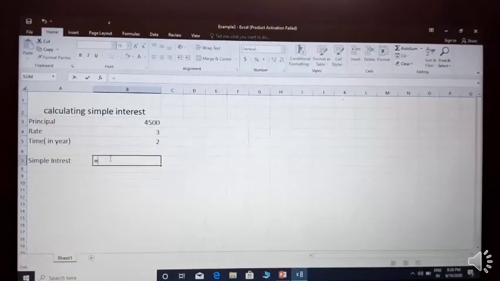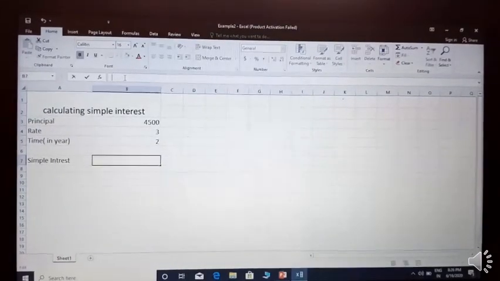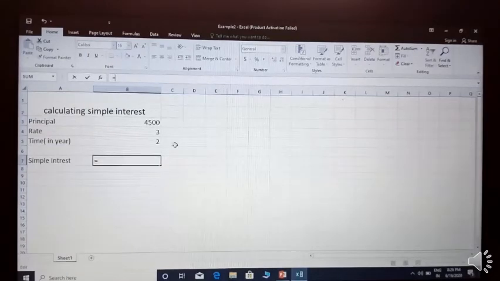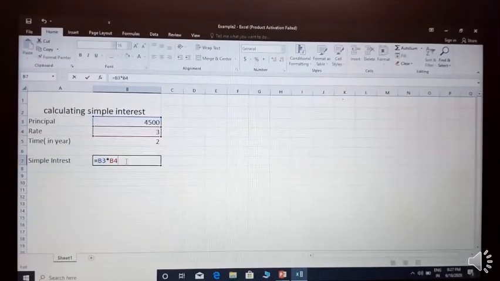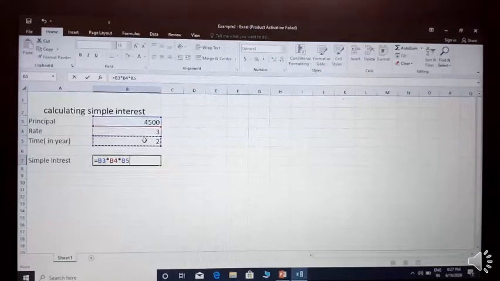Again, I am showing how you can write. First, use equals to sign. If you write equals to sign here, you can find this is the equals to sign. I am writing equal. Now which cell do we have to select? B2. This is the formula P into R into T. What is the P? Principal is 4500. What is the address of this cell? B3. Now what operation do we have to perform? Multiply. So this is the multiply sign. Click on multiply. Now I select rate. What is the address of the rate cell? This is B4. Again use the multiply sign. Next is time. What is the address of time? B5.